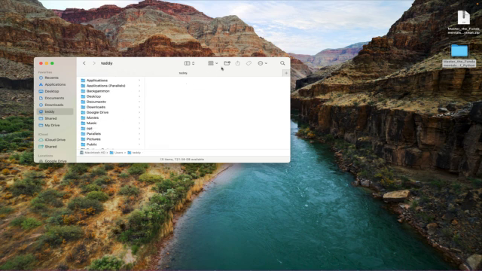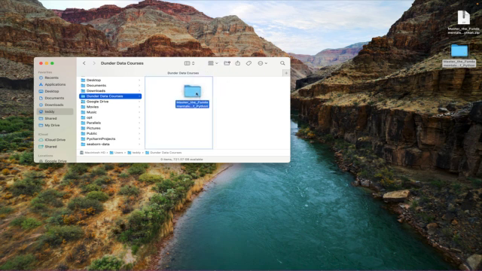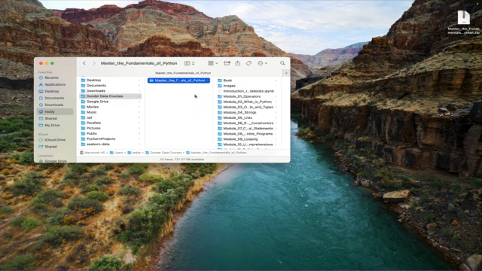Now once in here, I am going to create a new folder called Dunder Data Courses so we can keep all of my material for all of the courses. Once you've done that, then simply just move the material, that folder, into the Dunder Data Courses directory. So this one's called Master the Fundamentals of Python, and it's inside the Dunder Data Courses folder in the home